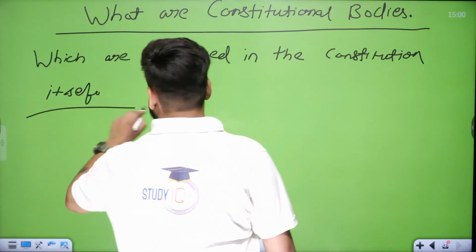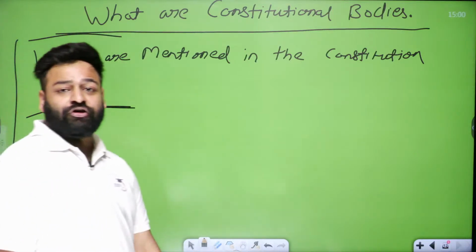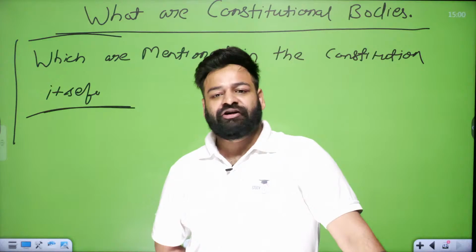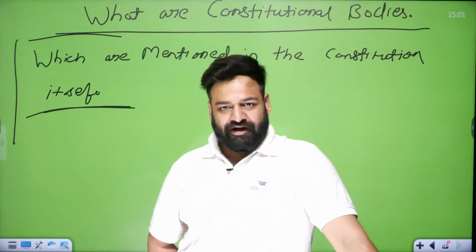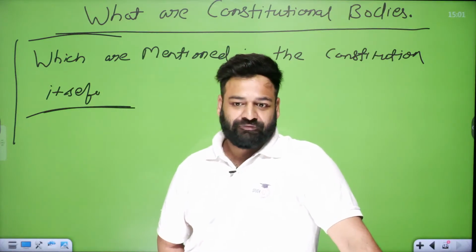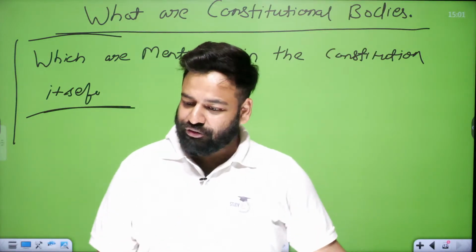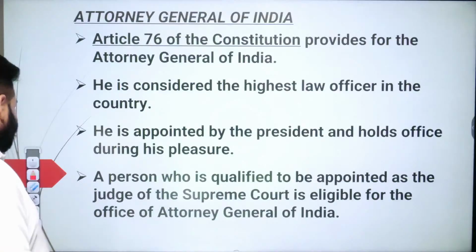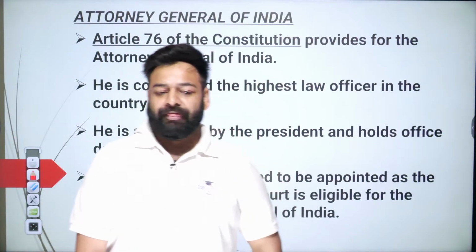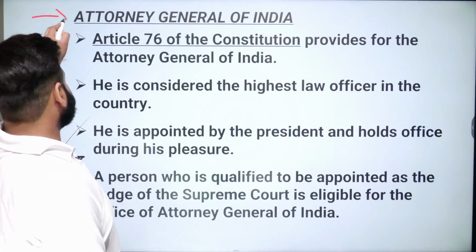This is what constitutional bodies are: they are mentioned in the constitution, and they derive their power from the constitution only. They need not derive their power from any other statute, organization or body. They derive all their powers, functions and authorities from the constitution itself. So the first such constitutional body we have here is the Attorney General of